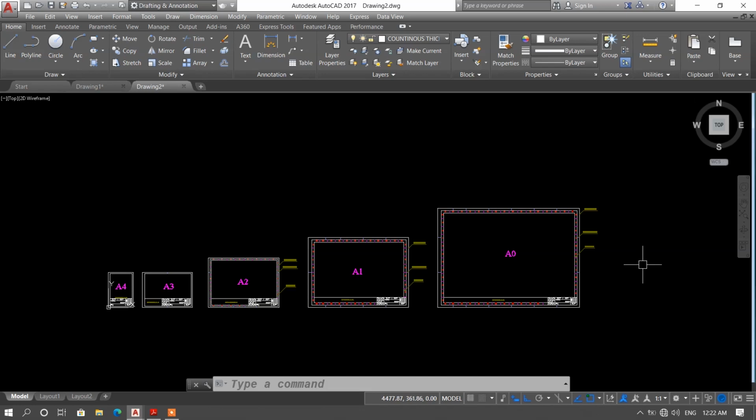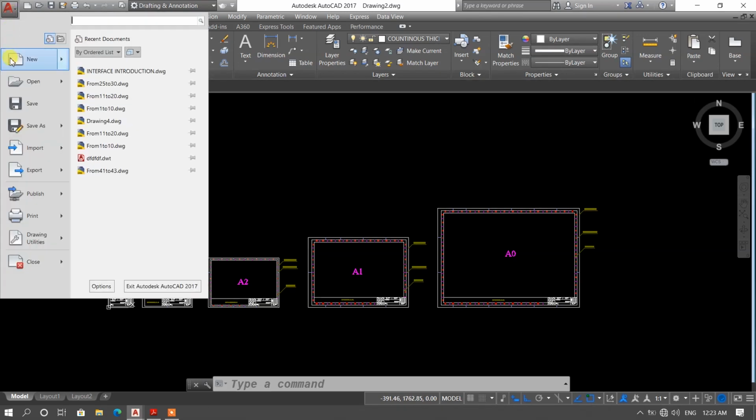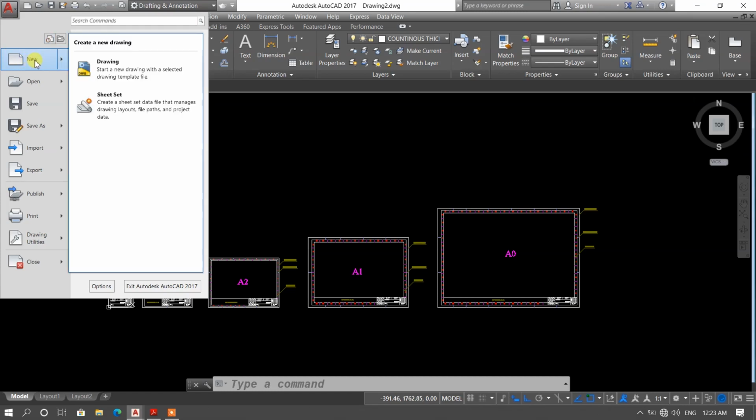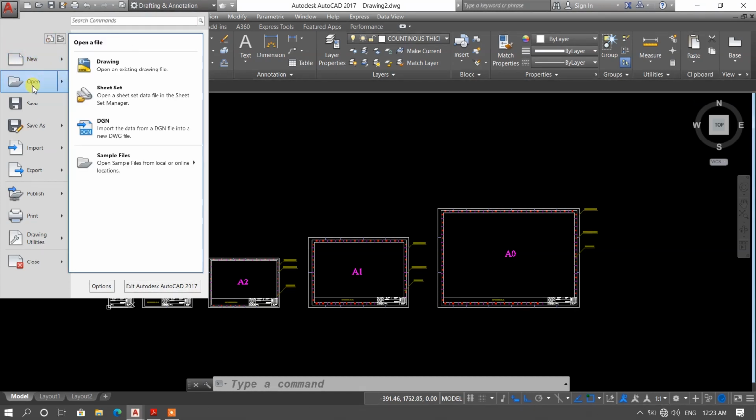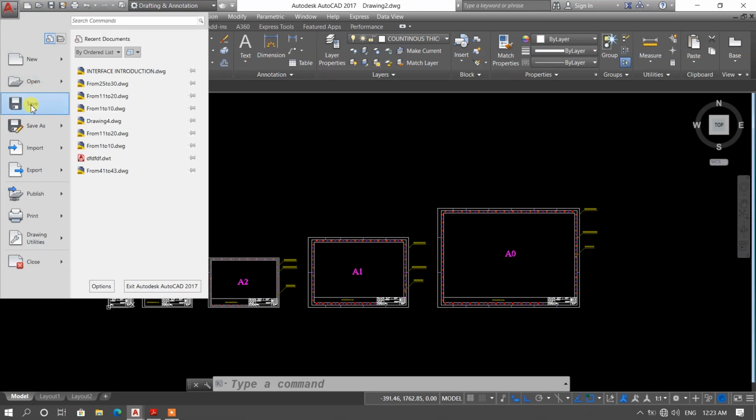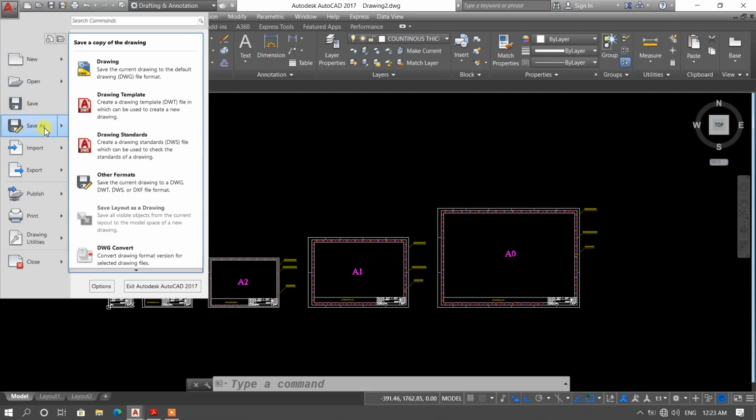Now let's take a detail of every interface of AutoCAD 2017. So I'm going to start with the application menu first. With the help of application menu, you can create a new drawing. You can open the existing drawing. You can save your created drawing. With the help of save as option, you can create a lower version of AutoCAD file.